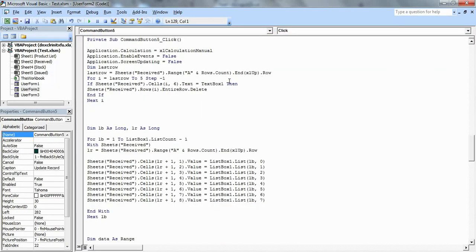It means that if the TextBox1 value equals the sheet receive column 6, which is our LPO column, then sheet receive dot Rows(i), i is our loop, which started from the last row up to the fifth row, which is the first row of our data.